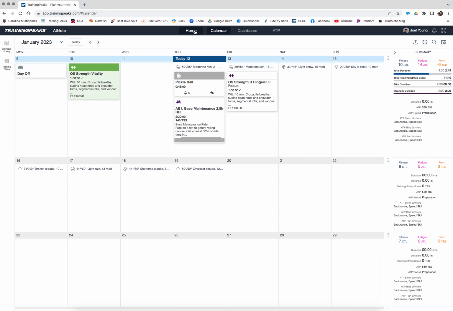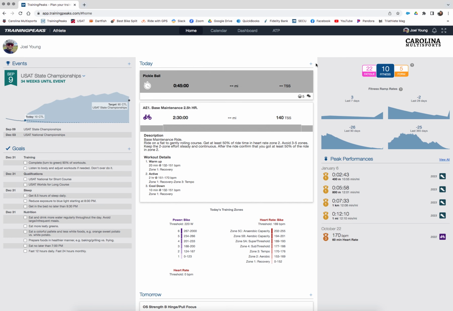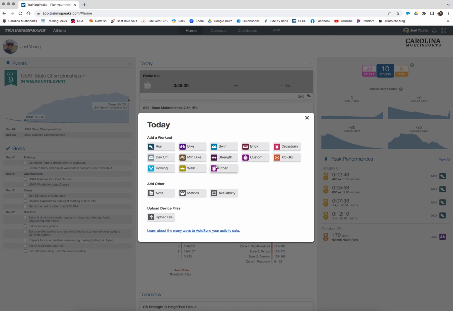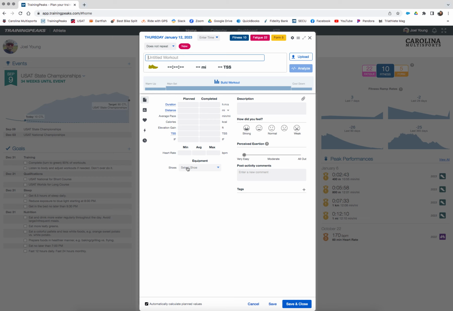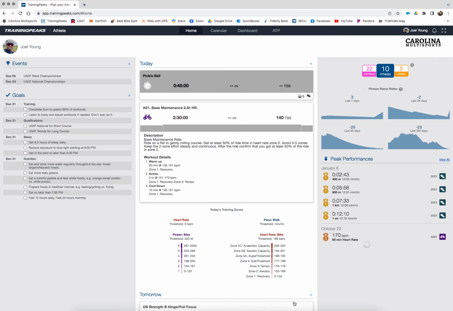And then, of course, if you go to your calendar, it'll also show up as a completed event on your calendar as well. As another example here would be, let's say you took a walk. Let's say you walked the dog. And so again, you can put those activities in there. You felt normal, it was very easy, and you save that.